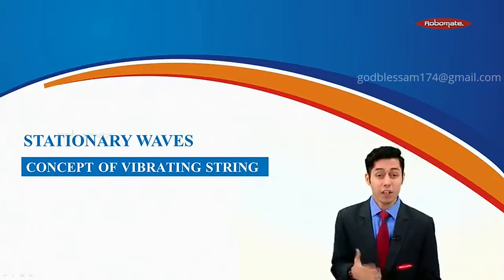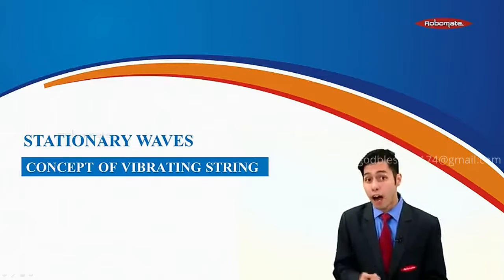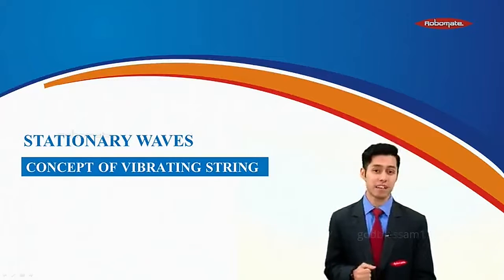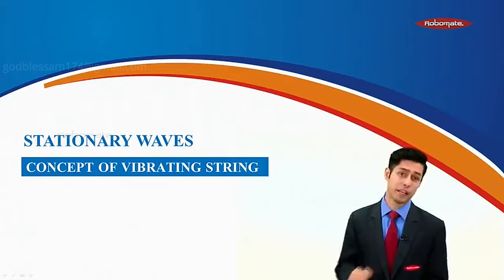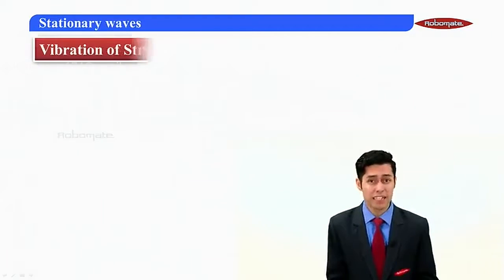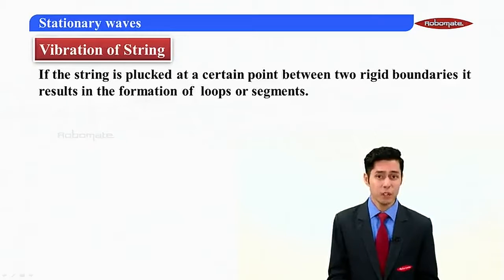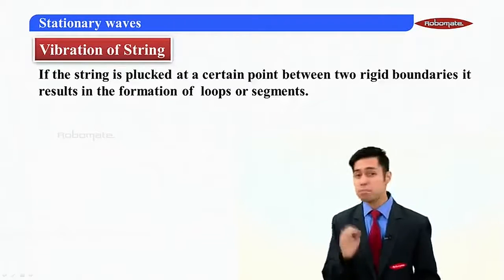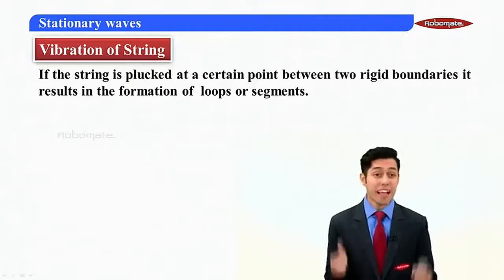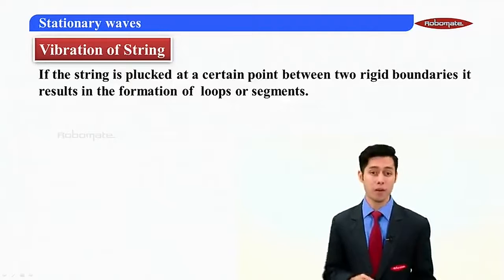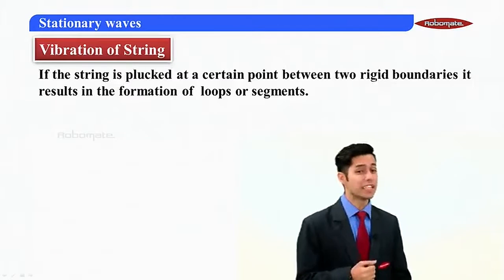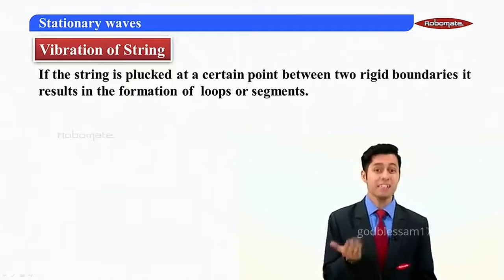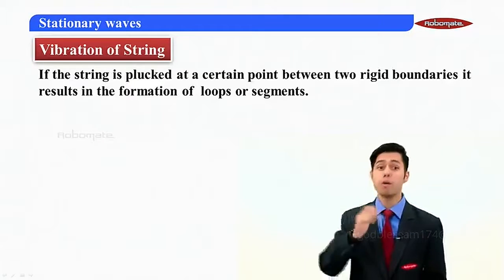But currently, we are going to learn the basics of how a stationary wave is formed on a vibrating string, or what basically is a vibrating string. So to start with the concept of vibrating string, we need to assume or take a string. Now this string is plugged at a certain point between any 2 rigid boundaries. With the help of these rigid boundaries, the wave remains between them and results in the formation of loops or